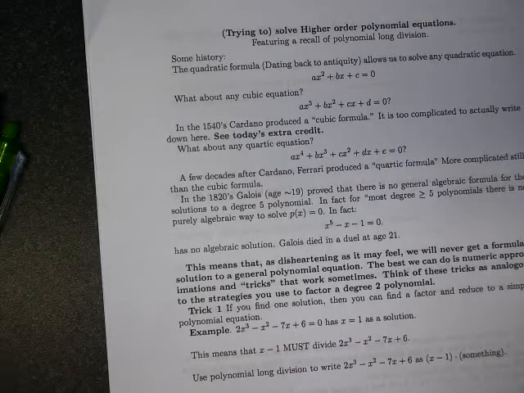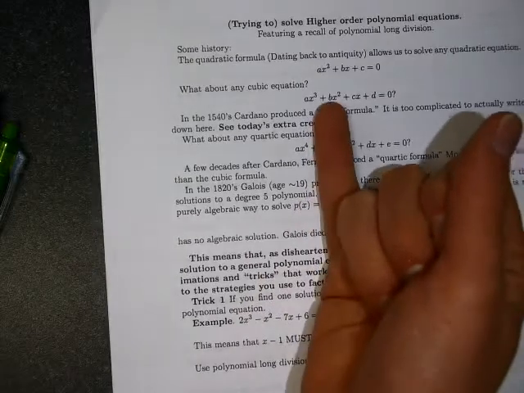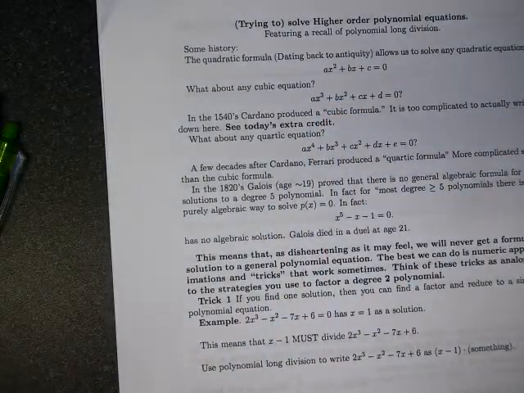Cardano in the 1540s produced a solution. His solution kind of involves reducing it to what's called a depressed cubic with b equal to 0 by doing something a lot like completing the square, and then figuring out how to solve things like that. And an extra credit that is posted for today will show you that formula. When you see the formula, you'll see why I'm not showing it to you here. It's too long to bother writing down. But it works. It solves an arbitrary degree 3 polynomial.